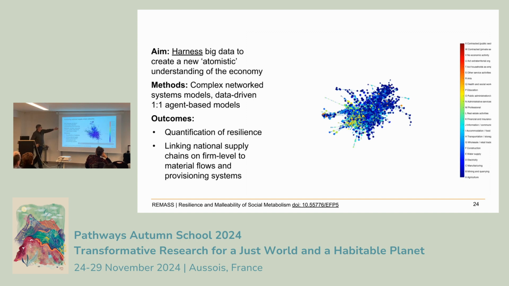One of the project partners has data on some countries where they are able to look at all trade relationships between individual firms, and in this case even individual people in this country in 1 year, and then you can start analyzing this network. And this just displays, I think, the 10,000 biggest ones, so the actual data is much bigger. It's people at the Complexity Science Hub. They want to get to a complex network systems model at 1-to-1 scale.